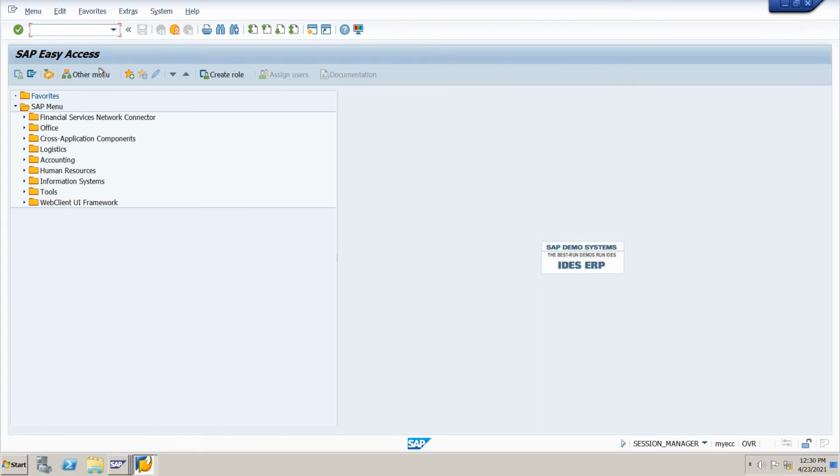Actually, what is a SAP Easy Access? We are showing it actually belongs to the SAP end user screen.